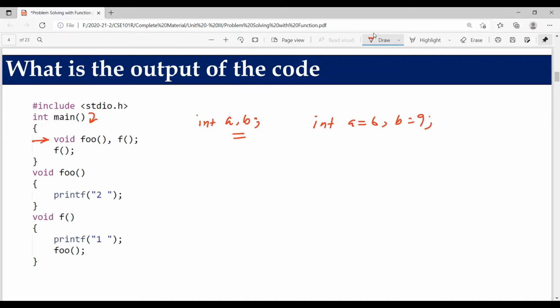So now here I have used the same concept with functions. What I am trying to do is declare two functions here. One is named f, another is named foo, and both return types are void. So let's see in the GDB compiler and check this syntax. Is it correct or wrong? Can we declare two functions in the same line? Is it allowed in C programming or not?